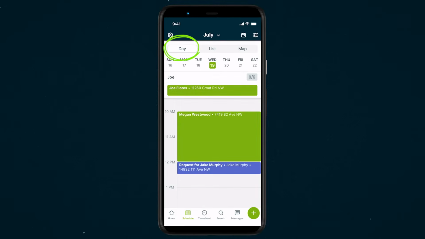There is a day view where you will see one day at a time and the items on the schedule are blocked off based on their duration with anytime visits at the top. This is great if you are scheduling on the go, as you can see what times are free.